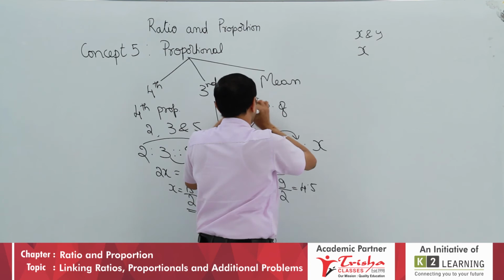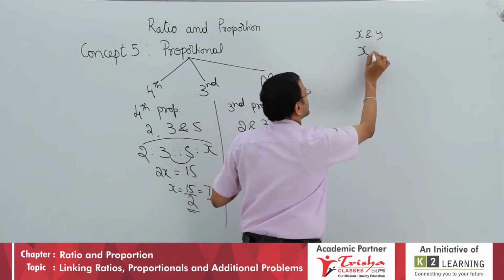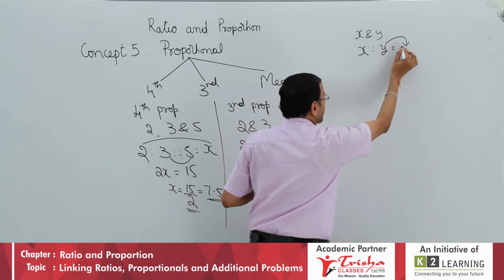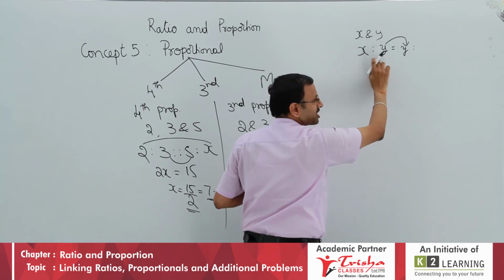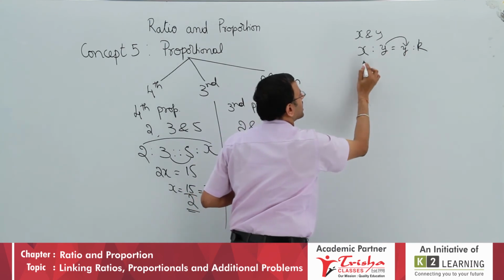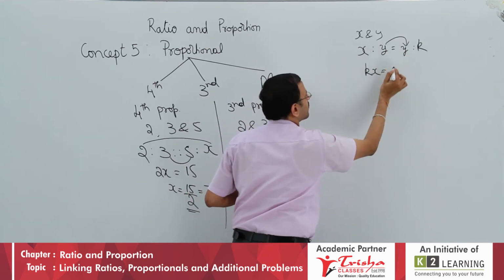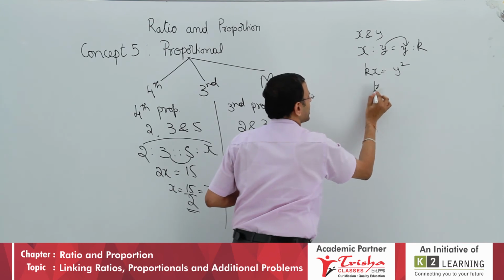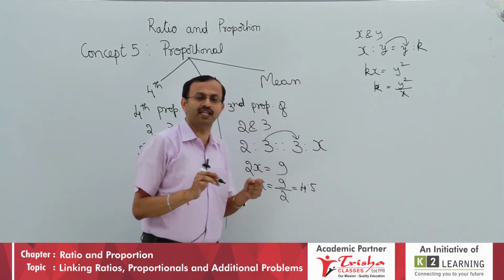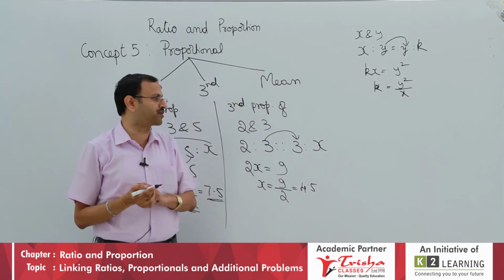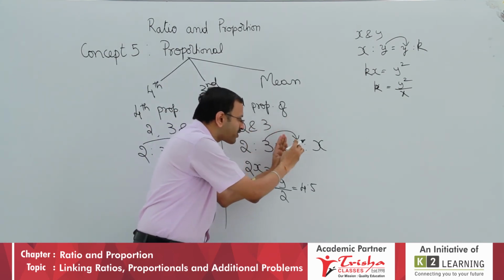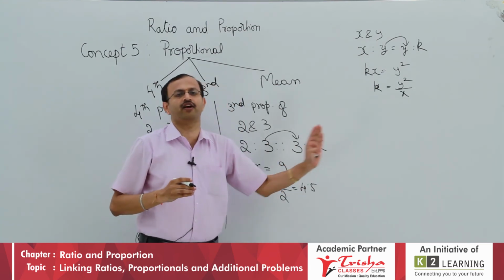Students, what if it is given as the 3rd proportional of x and y, can you make the solution? It will be x is to y as y is to, again y repeats, so what is the last number? I cannot write x because it is already taken, so we will take it as k. How do you find k? kx is equal to y square. Therefore, k is equal to y square divided by x. Like that, either they give you numbers or unknowns which you have to find out. So what is the point you have to catch for a 3rd proportional? If 2 numbers are there, the second number repeats, and then you find the last number, the value of x.